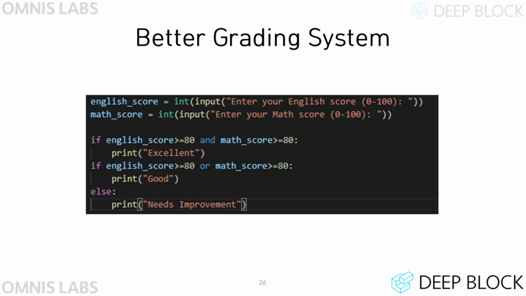Using what you've learned so far, you'll be able to write the program that is similar to the code shown in the slide. In the first conditional statement, it checks whether both exam scores are 80 or higher. In that case, the program prints excellent. And in the second conditional statement, if one of English or math exam scores exceeds 80 points, good is printed. In other cases, it prints needs improvement.